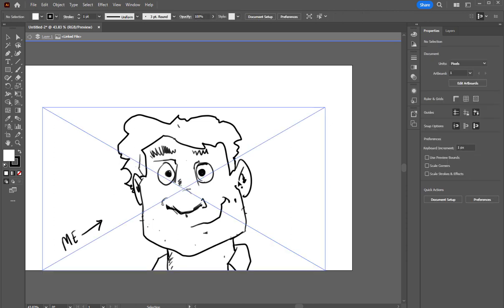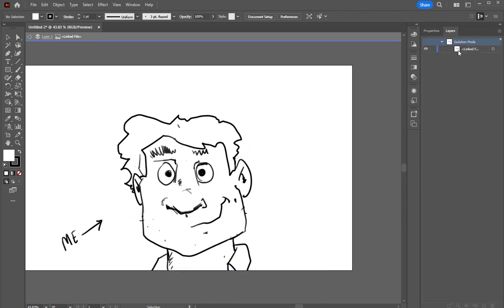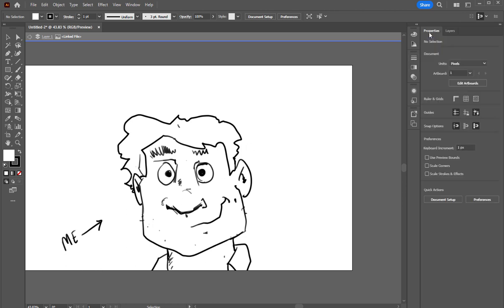You can see it as an overlay, and if I come over here to layers, you can see here is a layer of it, and I can lock it. Put a little lock there, and that locks it. I can't select that now, which is great. Okay, back to properties over here, because what we would like to do is color this in using the vector stuff. So this is just a template for what we're going to do, and you can use templates in Illustrator